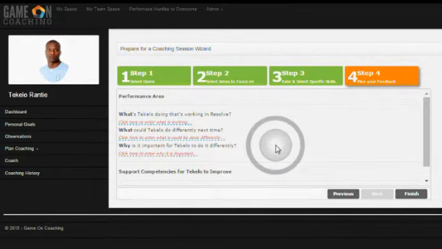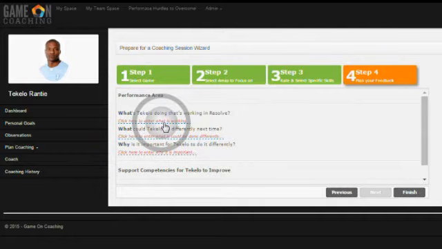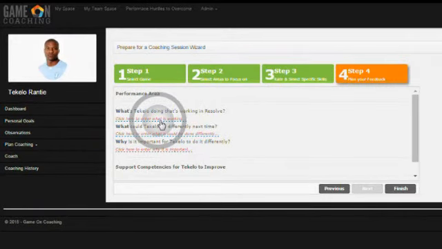So now we get to that next magical piece where we've narrowed the coaching session down. We started off with some performance areas, and then we narrowed it down further to the individual skills within the performance area that we wanted to coach. And now we're looking forward to say, okay, so where is Tekelo going to make change? So before we have a discussion around what needs to be different, the first thing we need to start off with is what's working well.